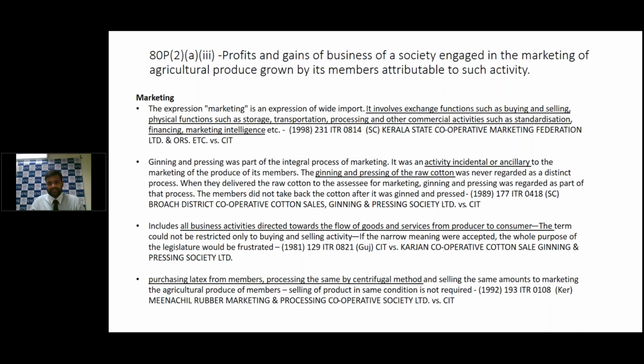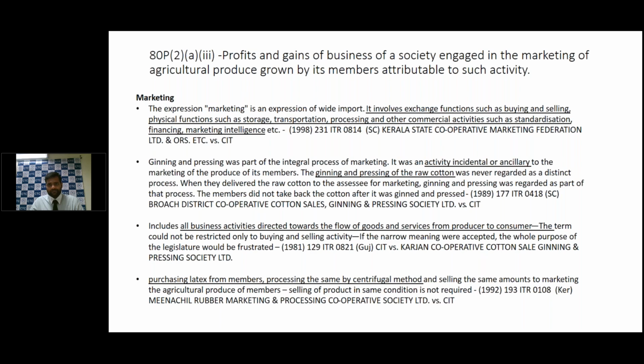Supreme Court in case of Kerala State Cooperative Marketing Federation have held that marketing expression is of wide import. It involves functions like buying and selling, physical functions like storage, transportation, processing, and other commercial activities such as standardization, financing, marketing, intelligence, etc. The Supreme Court in case of Broach District Cooperative Cotton Sales have held that when